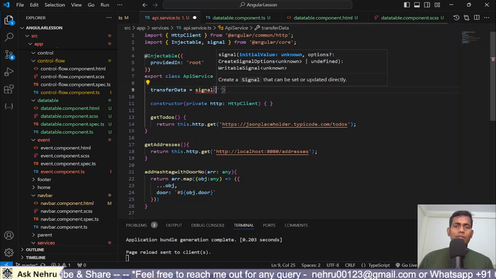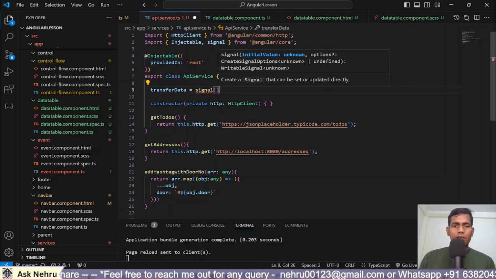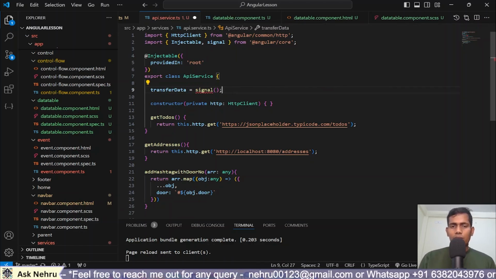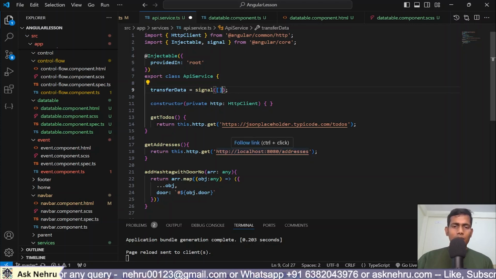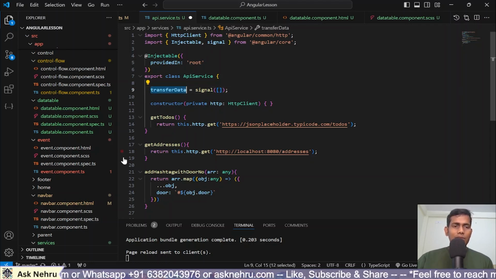So Angular, after Angular 17, it was there before, but it is standardized as signal. Initially it will be an empty array, guys, because this ultimately returns an array. So I keep it initially as an empty array because some parameter has to be passed in the signal. Okay, and now I take the transfer data